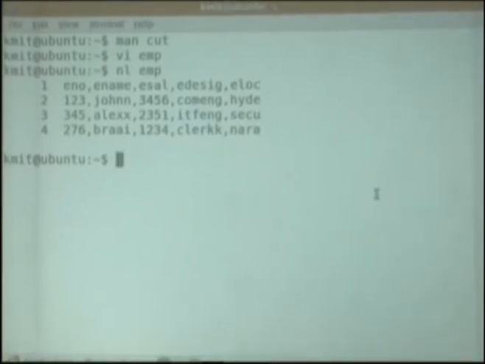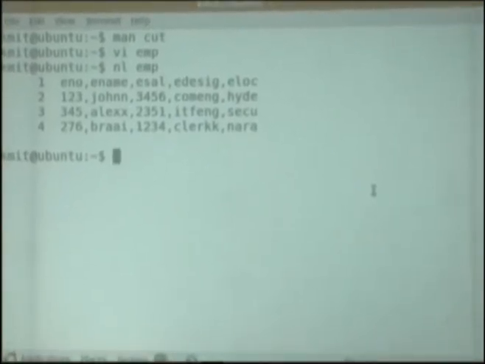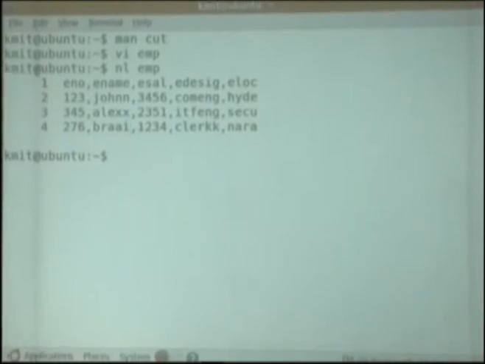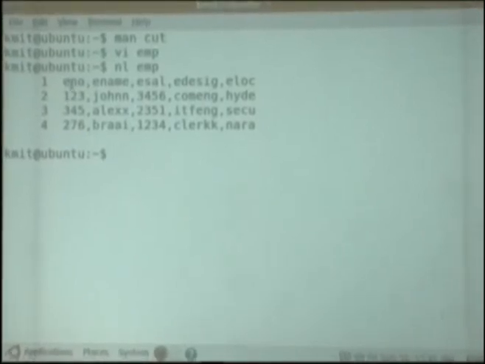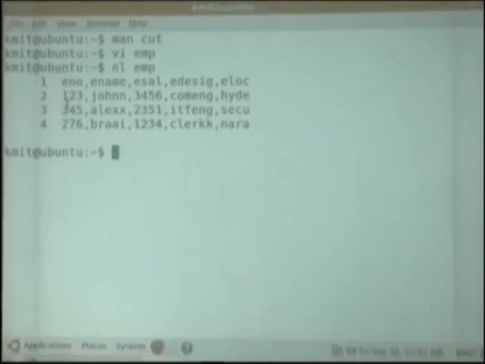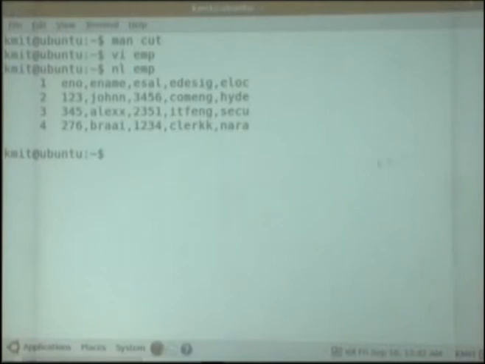The cut command can be used with an option called c. It means every line in a file will be identified by a column number. This is column 1, this is column 2, this is column 3, this is column 4, column 5. So I can go on cutting depending upon these columns. So I'll use cut. Option c is for doing the operation on columns. I want from 1 to 3. This is the way of specifying the range 1 to 3. So it displays employee numbers.